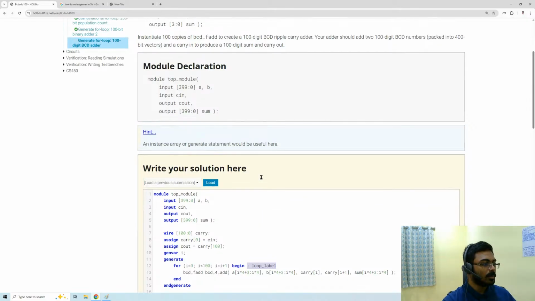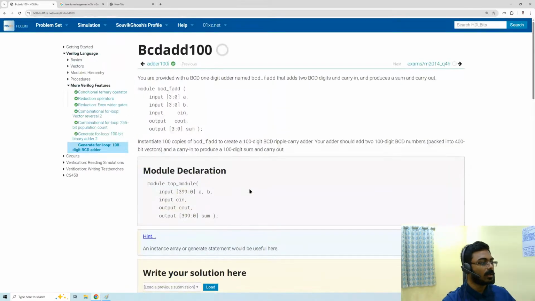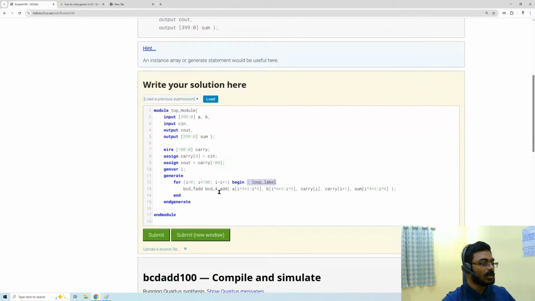I don't know why this is important, but see, for cross module reference, this is helpful. Otherwise, we cannot use cross module reference. But here, I don't know why they are asking for this label. We should not need this label until and unless we use the cross module reference concept. So there will be 100 instances, unless and until we are searching for any instance and doing something with it. Specifically, till that time, this label should not be important. But okay,